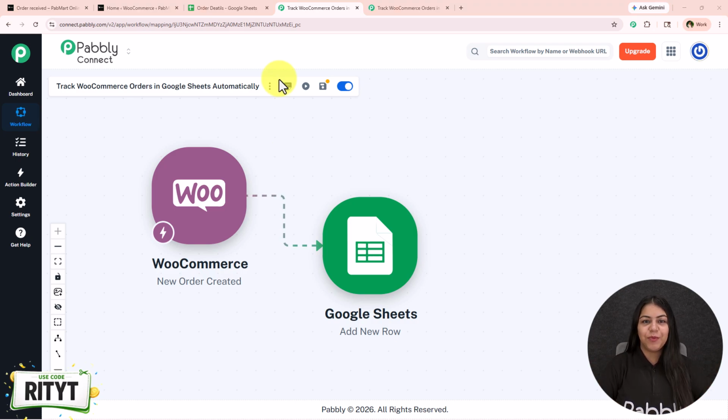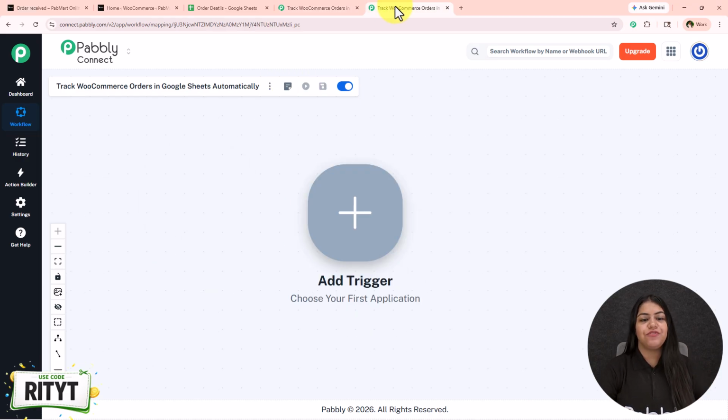So now you've seen the proper working of this automation. Now let's see how to create this. To create this, you just have to open your workflow builder inside Pabbly Connect if you are an existing user like me. But if you are a new user, open a new tab and search for